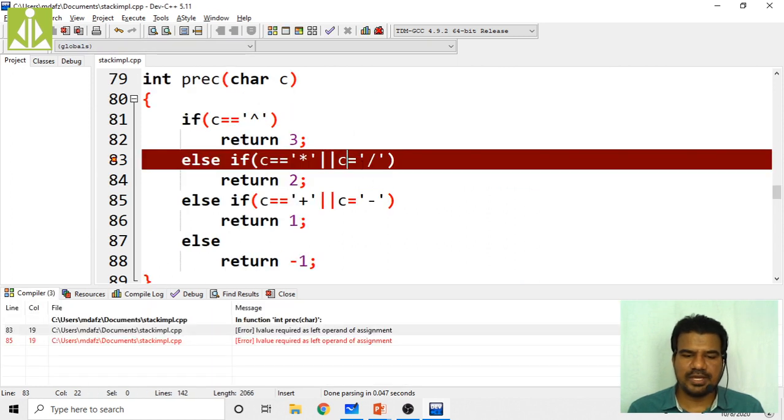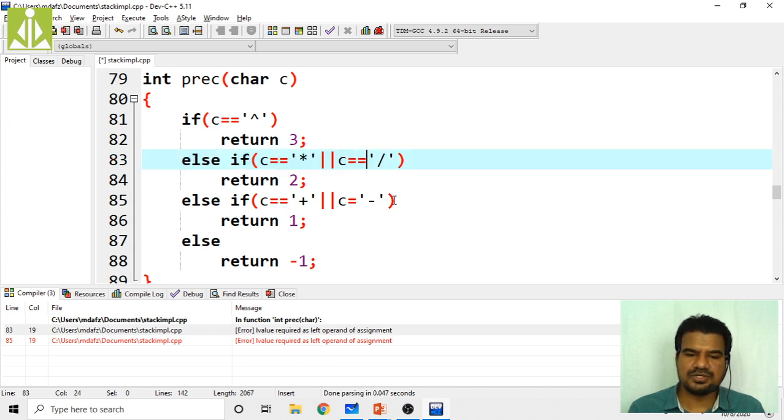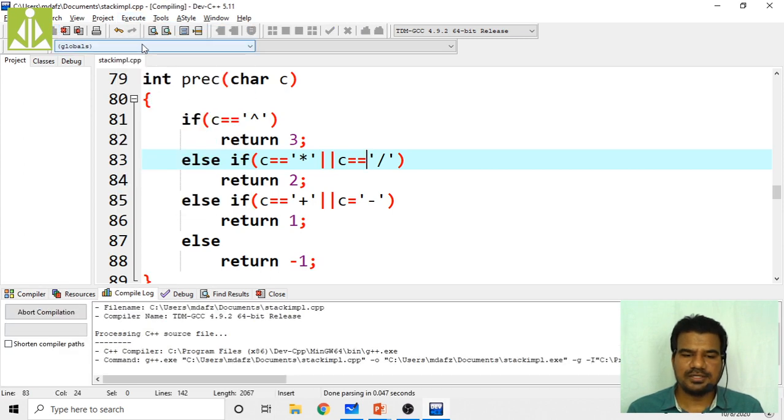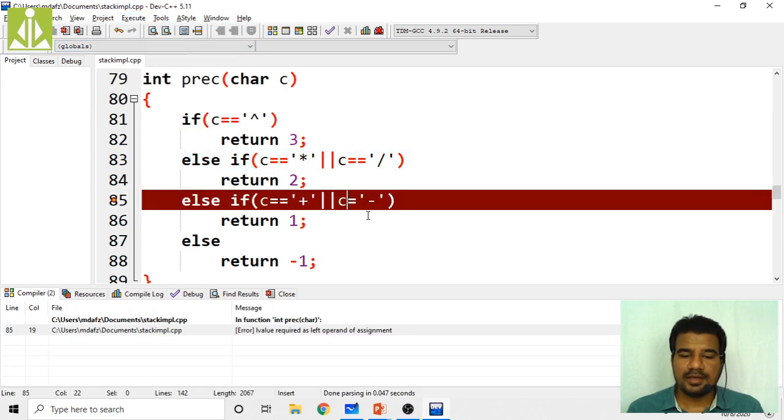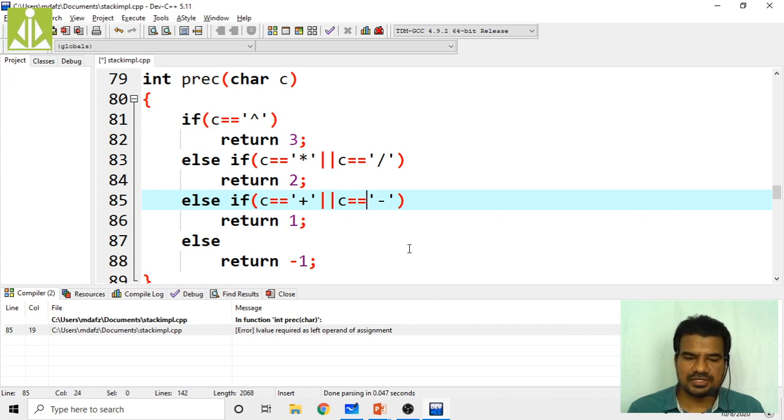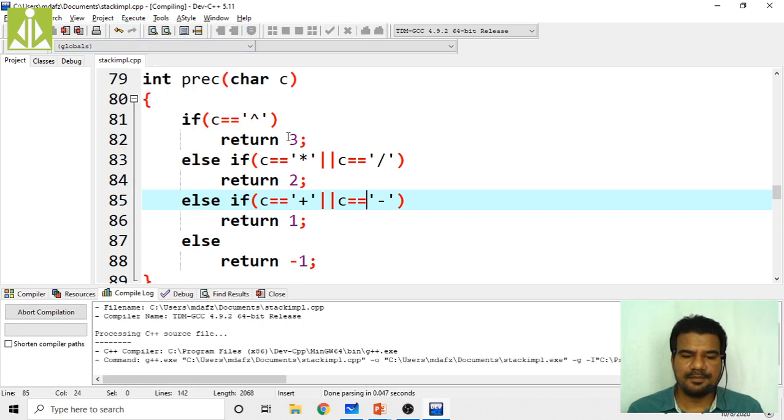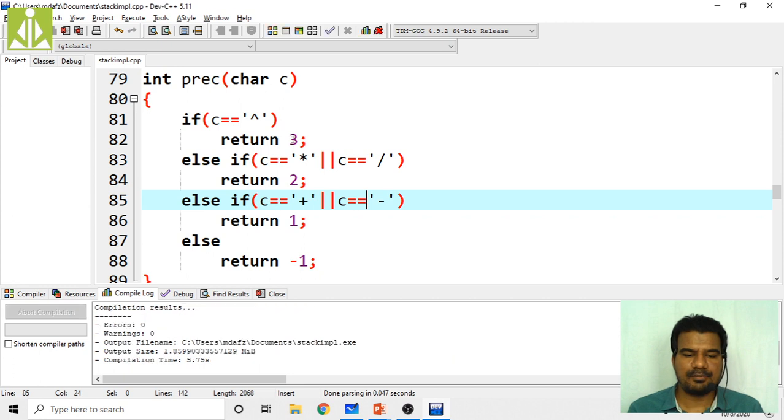Yes, here it is showing errors as it should not be equals to but double equals to, because we are doing the comparison. Okay, it should be double equals to. More errors. Yes, here also we are doing the comparison. So double equals to. Anywhere else? No, hopefully all are correct now. Compile. Yeah, program got successfully compiled.